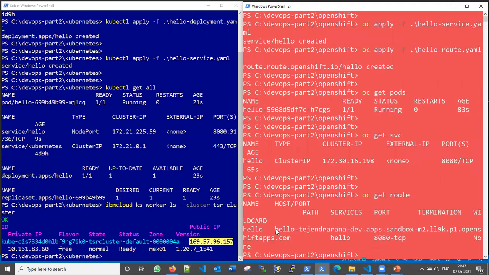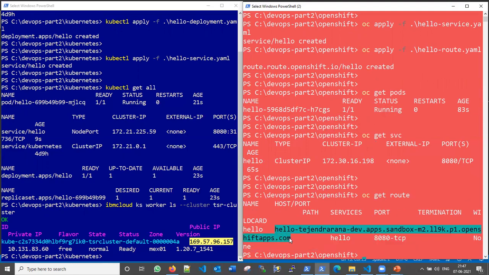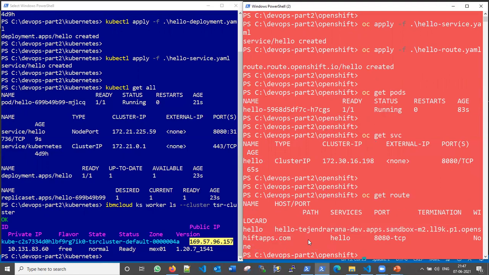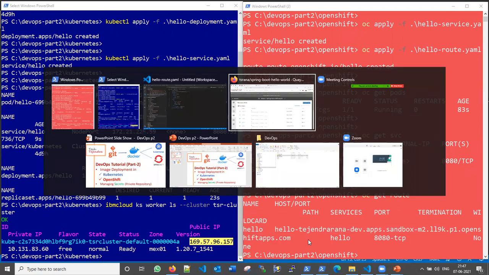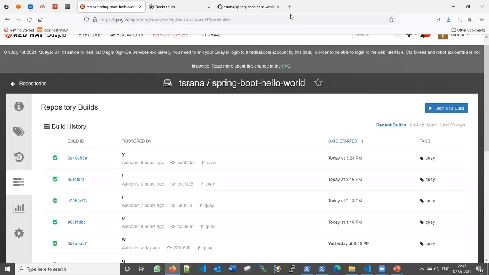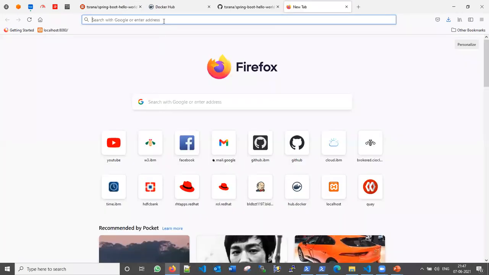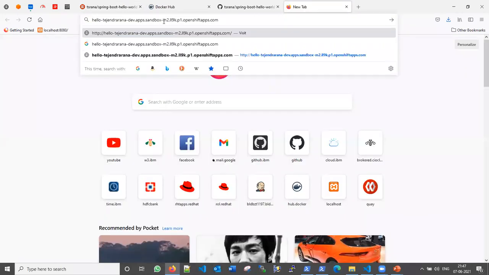This is our route. Let me first see the output of our OpenShift cluster in the browser. Let's go inside the browser and paste the route.